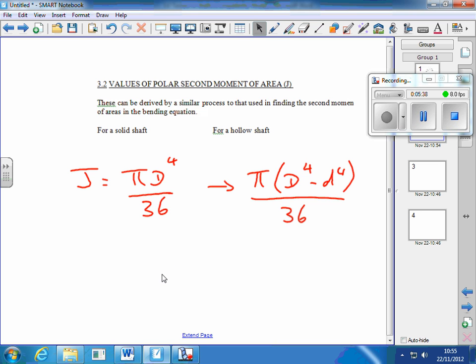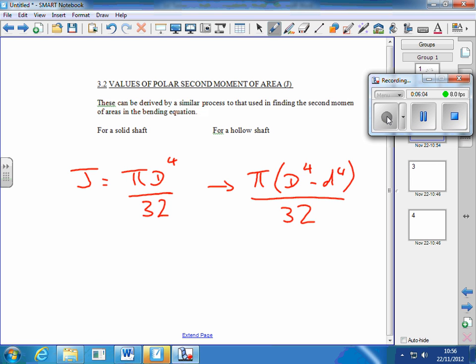Just pause. A correction on that, the polar second moment is pi d to the 4 over 32. And where that comes from, we might look at when we come to the maths. It's an integration process to arrive at the value for the second moment of area or the polar second moment of area. But really, we just need to be able to use them. So there are the formulae,